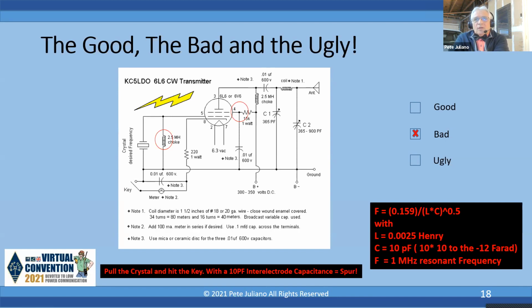And one test the old timers used to do is they'd pull out the crystal and they'd key the rig. And if you got an output, that meant you had a parasitic oscillation somewhere, or something in there was resonating, an LC circuit. So if I pull out that crystal, I have a 2.5 millihenry choke from the grid to ground, and I've got